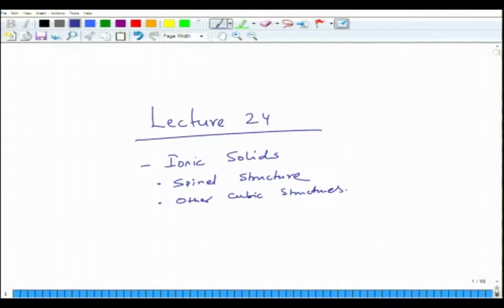So, we start again with the new lecture, that is lecture 24. We will again continue about the structure of ionic solids. In the previous lecture, we looked at structures of fluoride structured compounds, basically CaF2 structure or A2X kind of structure, where